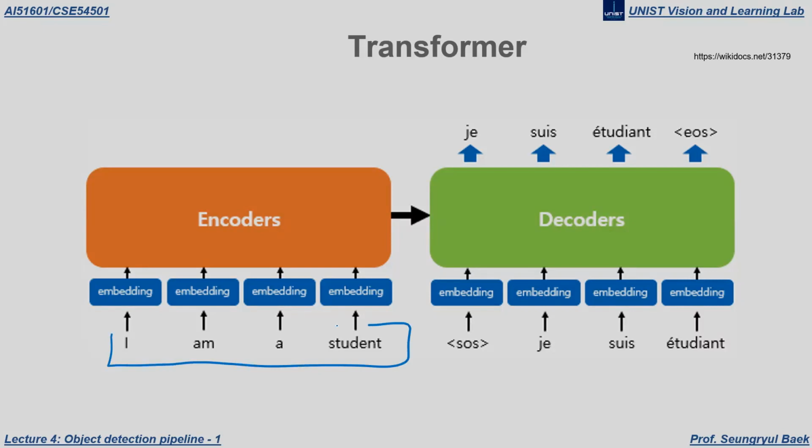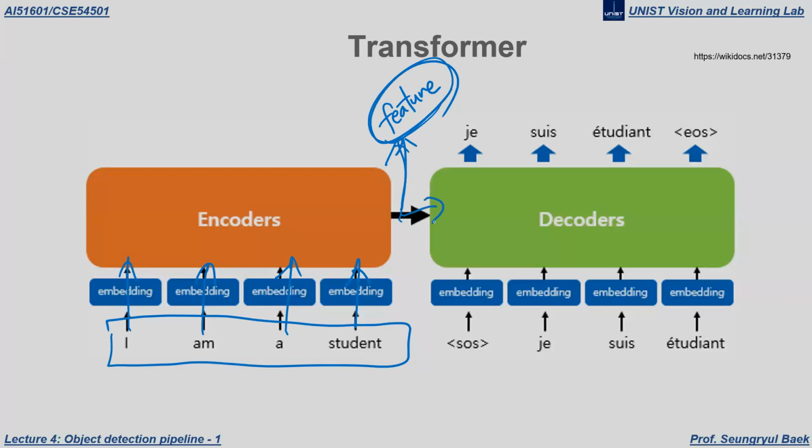So they input this "I am a student" at the same time, simultaneously, to the encoder. Then this encoder generates some feature of this "I am a student". But the decoder performs sequentially. So by inputting this feature here to the decoder, they have to input some start token, and then this first word